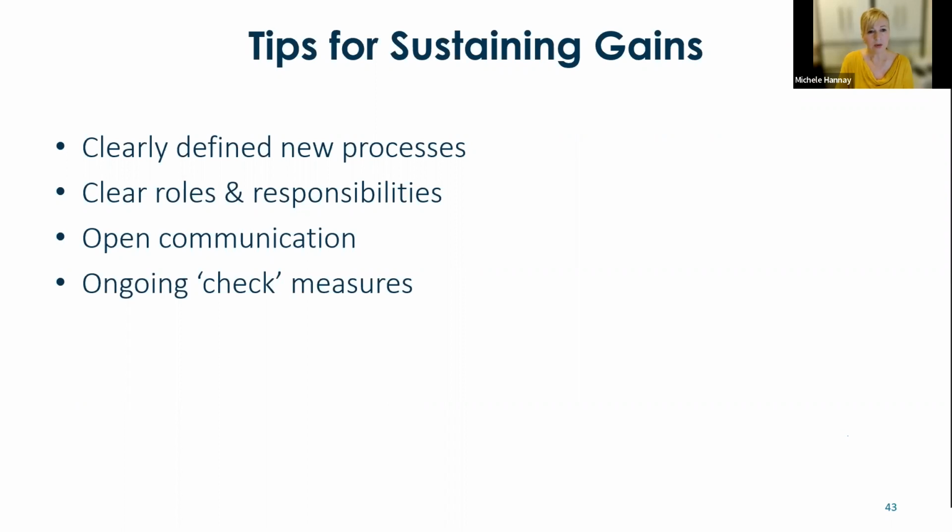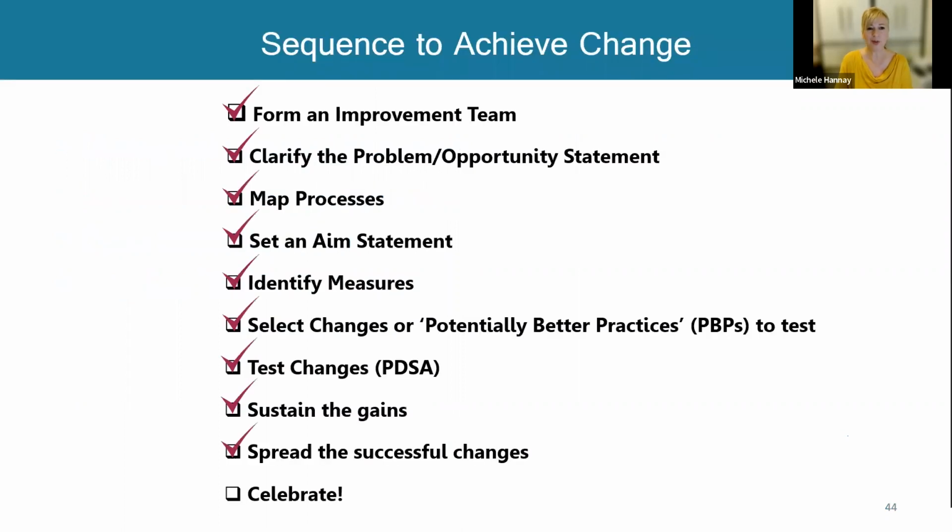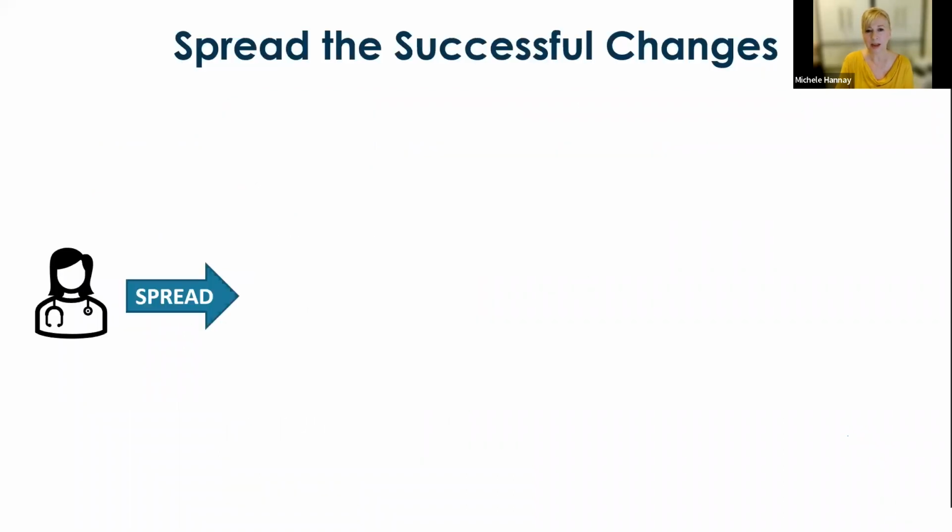All right, so we're getting close to the end. We're on to spreading the successful changes. And this is an important aspect of QI work. When you've done all this work to figure out a new way of doing things that works better, how great to be able to share it. So QI work is generally tested with one physician's patients. And then once the process is working well, once all the bugs are worked out, it gets spread to the other physicians in the clinic. And if it's working really well,